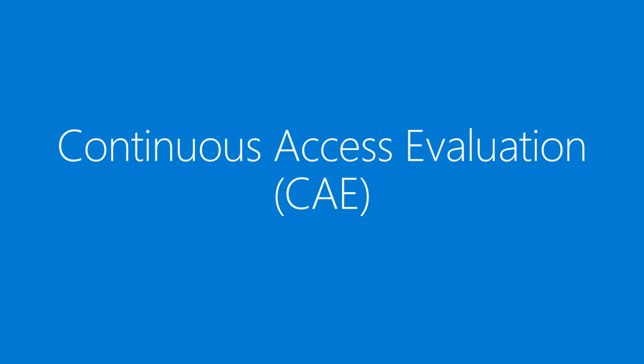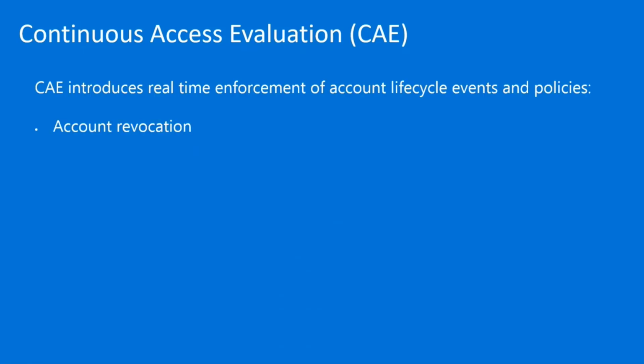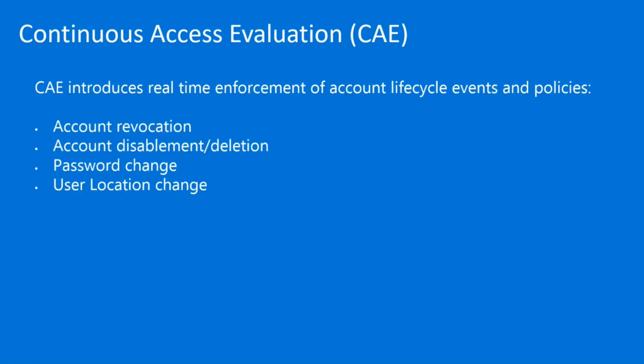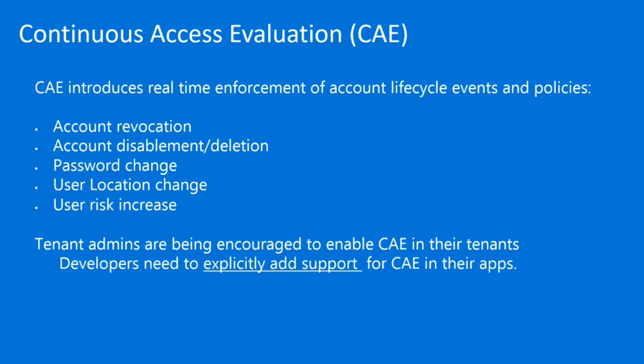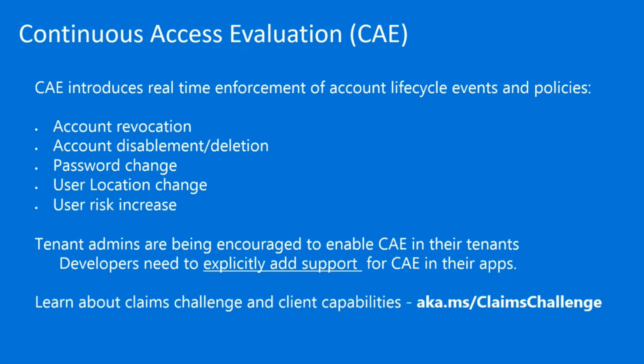Hello, everyone. One of the features that we would like to introduce to you today is continuous access evaluation, CAE. CAE allows Microsoft Graph to revoke an active session and respond to security events like account revocation, account displacement, user location change, or user risk increase. We encourage admins to enable CAE in their tenants because Microsoft Graph will reject your access token and send back a claim challenge. Developers must understand how to handle claim challenges sent by Microsoft Graph. Which leads me to my next item, how to handle claim challenges.